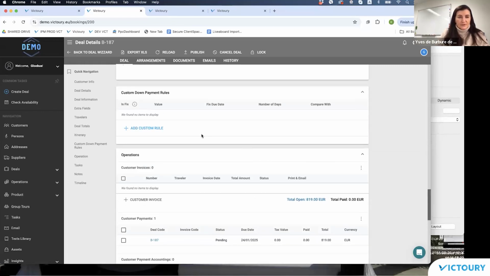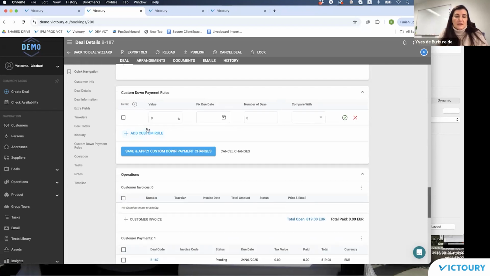So to go back to the custom down payment rules, you have here the possibility which allows you to set up multiple down payments. Here, of course, the restriction, so as to avoid calculation errors, is that in case your first rule is set up with a fixed amount, then your second rule, or the rest of them, has to be also a fixed amount.